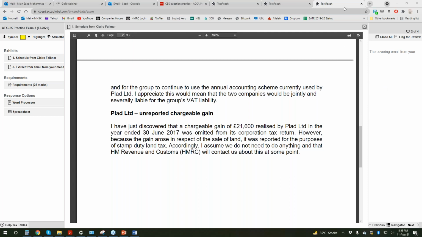They might not have omitted it deliberately, they might have omitted it mistakenly. However, whichever is the case, they should inform HMRC as soon as they can. Now,